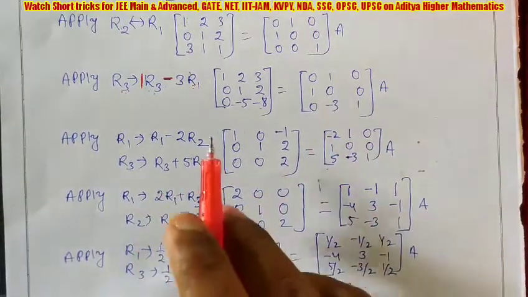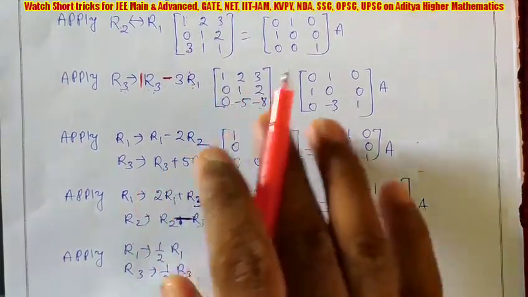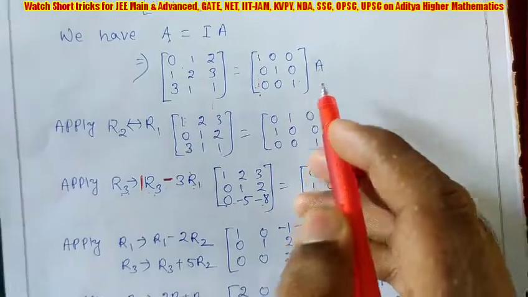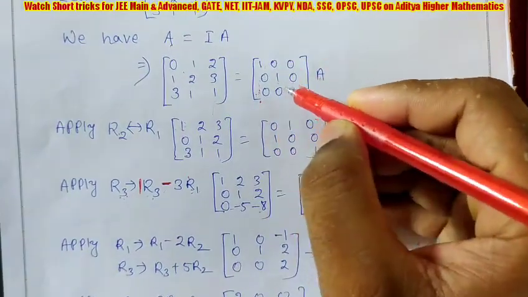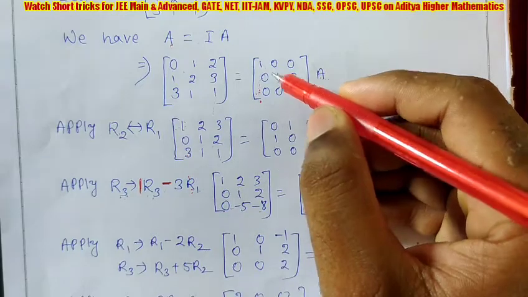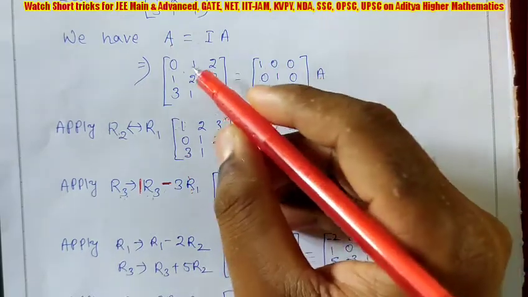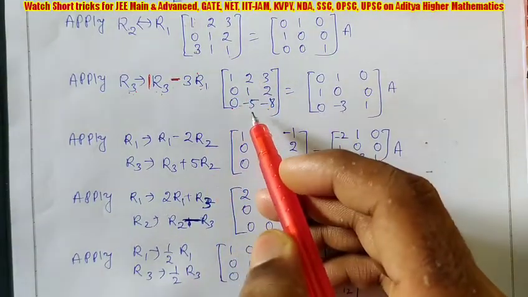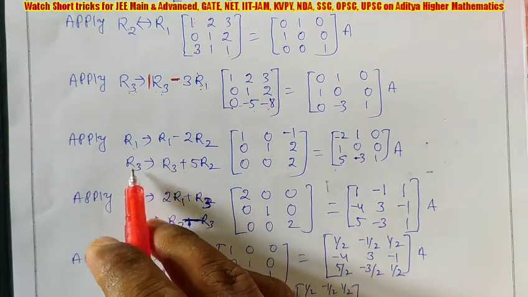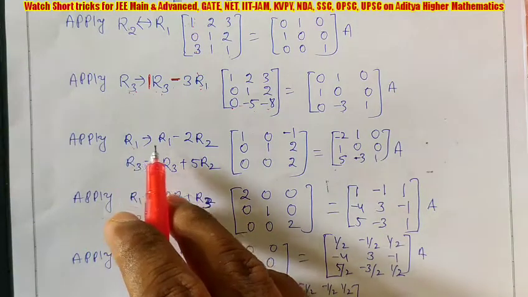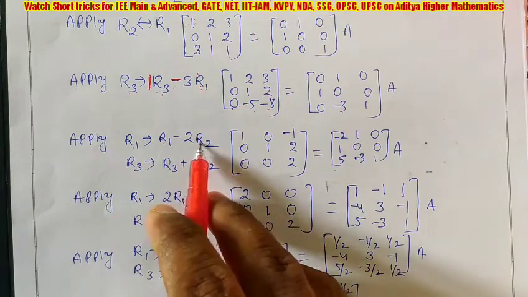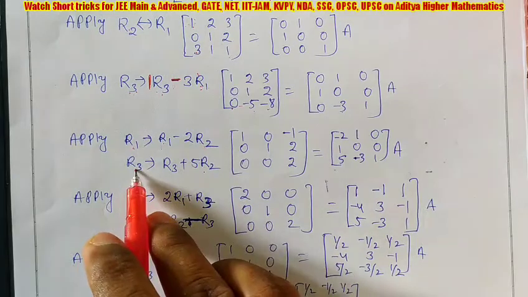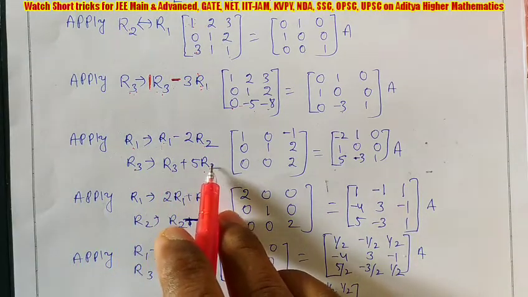So now observe, in first column we got R2 and R3 0. Similarly, in second column, which elements are 0? Observe. In second column, R1 and R3 are 0, and R2 is non-zero. So we have to make R1 and R3 0 in this matrix A. Then what we got at last step? The elements are 2 and minus 5. So write R1, R3, and I told you what you are changing, you have to write it first. Which is non-zero, you have to write it second. So we are changing R1, first writing R1, then R2. Similarly here we are changing R3, first writing R3, then we are writing the non-zero R2.